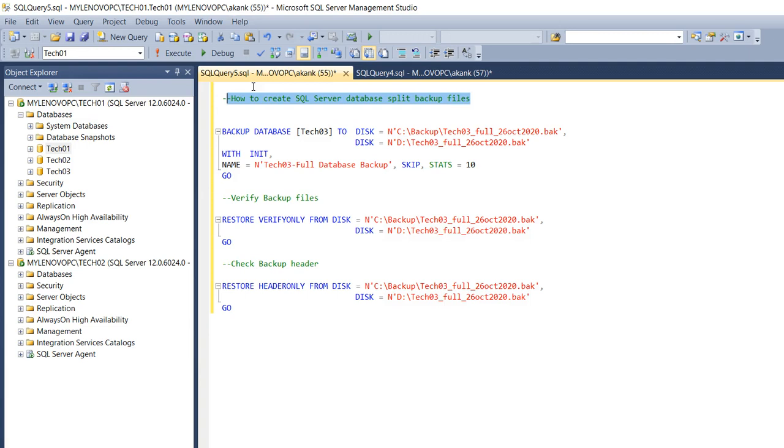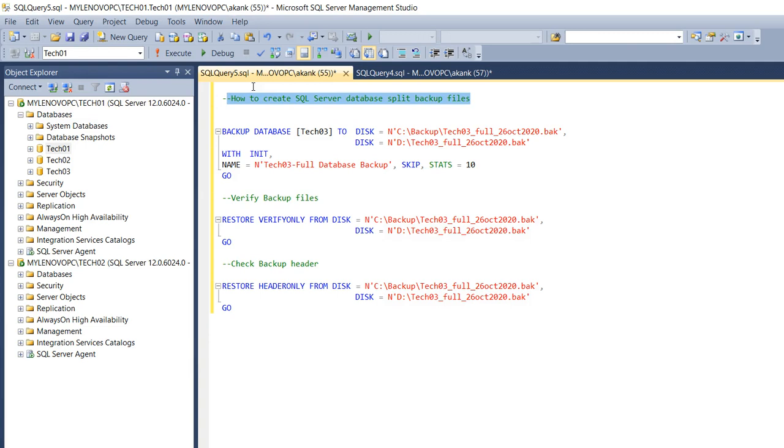Another advantage is also from the disk IO perspective. Let's assume you are writing the backup on a particular drive like drive D, 100 GB. So definitely disk IO will be increased.